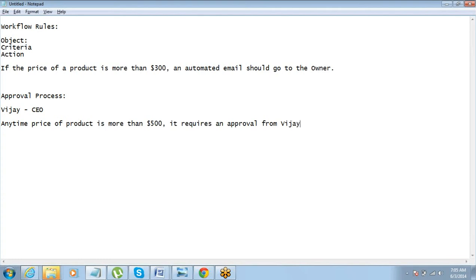Now this is a scenario. It's not just about sending an email and that's it. It is about, if the price is more than $500, it requires an approval. So how does this work? The moment you create the record, the record will be created. Okay. Then it automatically sends